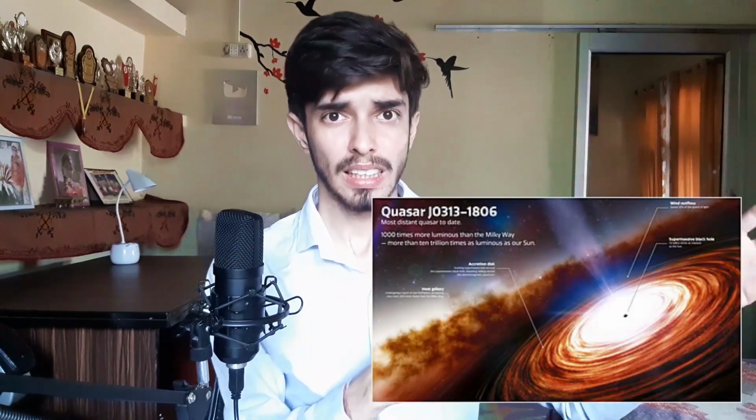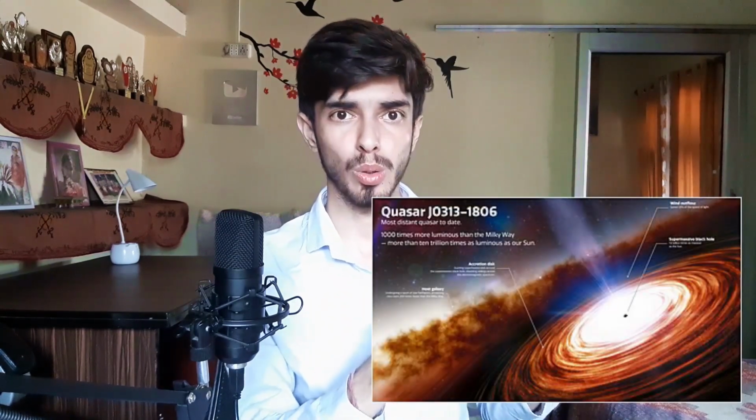Now there is a class of black hole known as quasars. Quasars are a type of black hole which are eating a lot of matter. When matter goes into that black hole, it doesn't go in a straight line. It circles around it, and while circling around it, it releases a lot of light. The black hole doesn't release light, but the matter going inside it releases a lot of light. This is known as accretion.